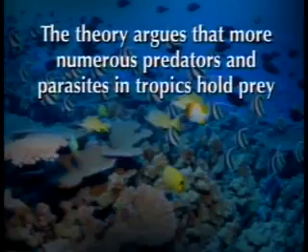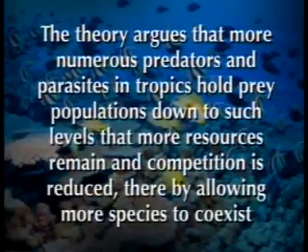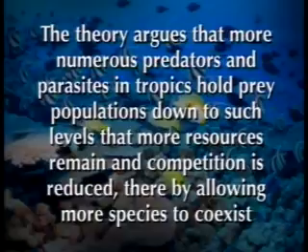This predation hypothesis was in fact proposed by Robert Paine somewhere in 1966, and it argues that more numerous predators in tropics and more numerous parasites also in tropics hold prey populations down to such levels that more resources remain and competition is reduced, thereby allowing more species to exist. This is very important for you to understand, because